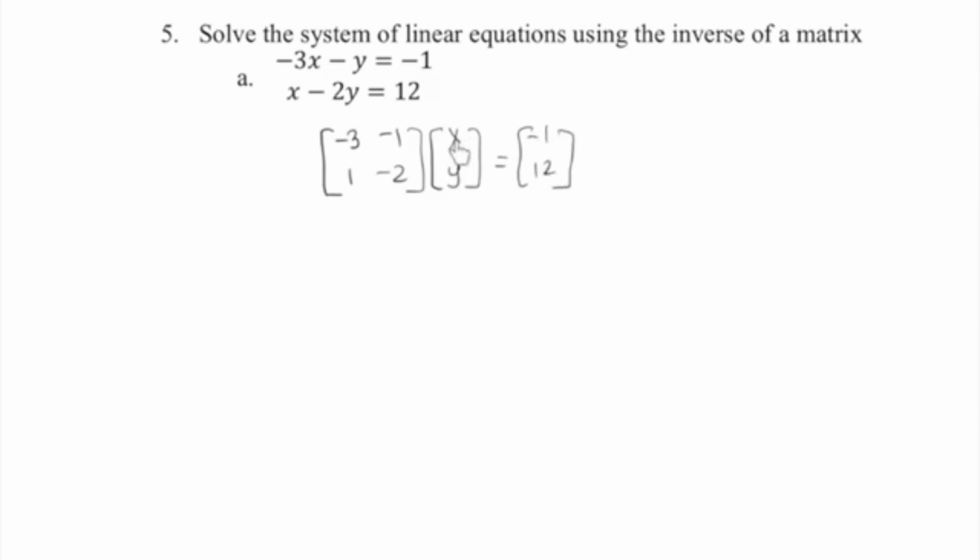And solve for this matrix xy, because that's going to tell us the value of x and the value of y. Now this matrix is being multiplied by this matrix, so in order to get this matrix by itself, we have to cancel this matrix. The only way that's done is if we can multiply it with its inverse. So if we consider this to be matrix A, then the inverse of A